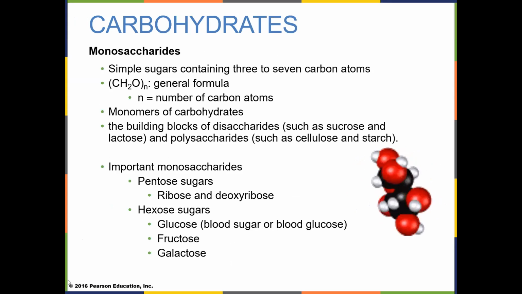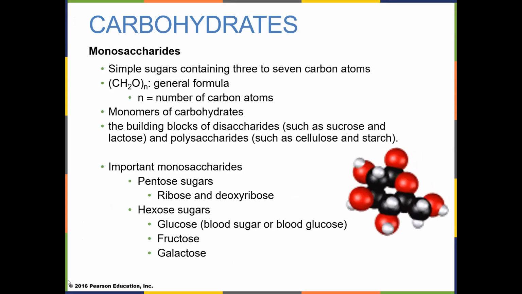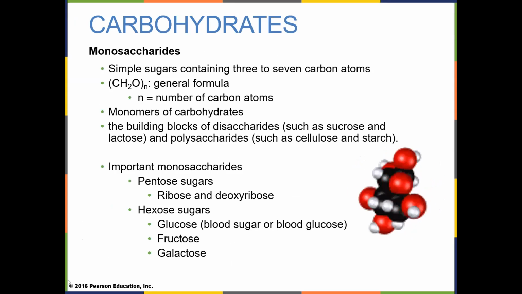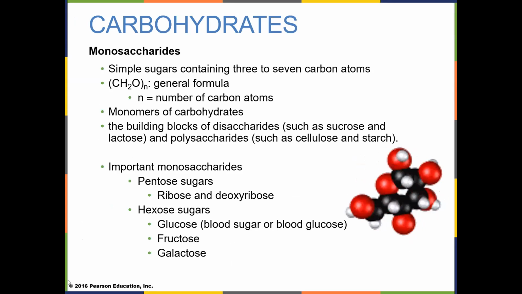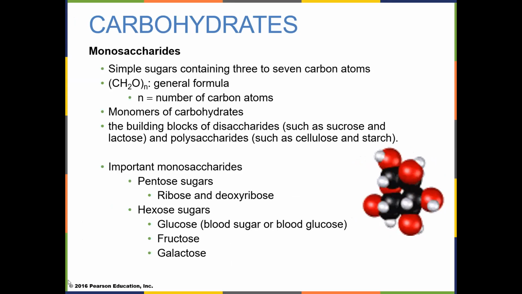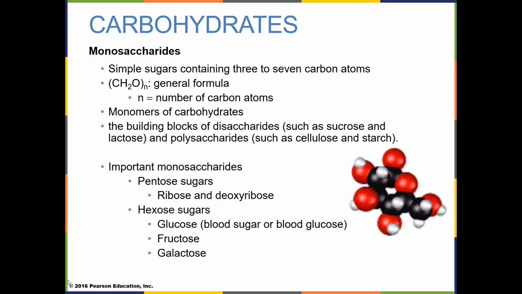Now, the monosaccharides, they look like this. Many of our monosaccharides have a ring structure. This is glucose that's spinning around on the screen there. It has 6 carbons. Those are the black atoms there. It has 12 hydrogens. Those are the silver atoms. And it has 6 oxygens. That's the red atoms. C6H12O6 is glucose. And this is the number 1 simple sugar that our bodies use.